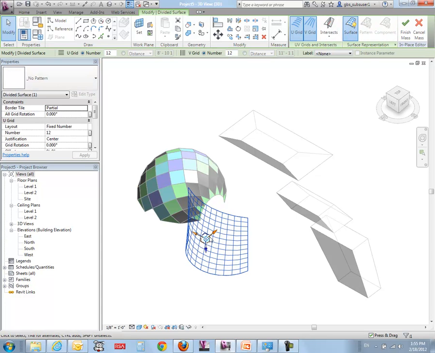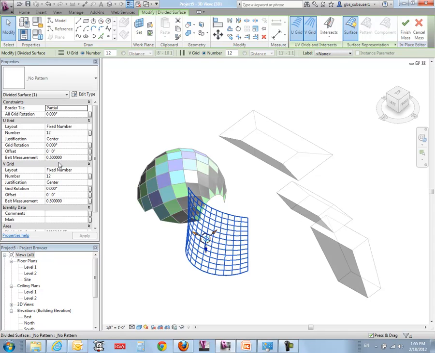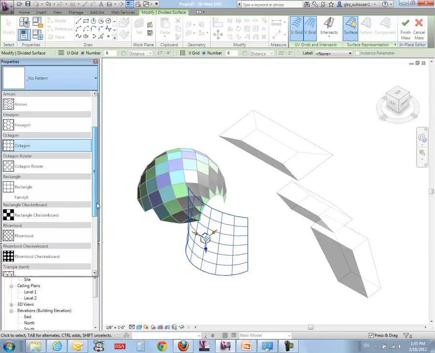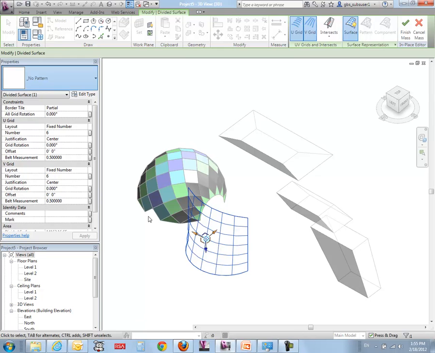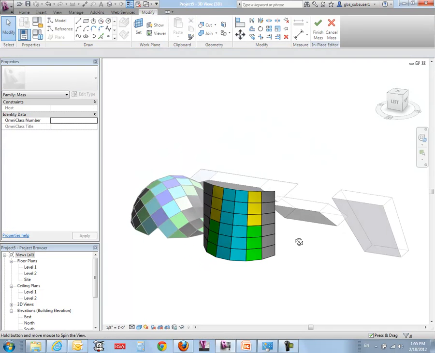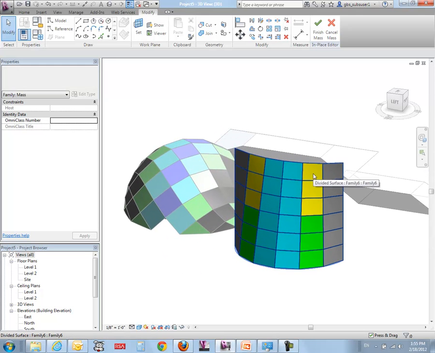I'm going to divide my surface. I'm going to make it something chunkier. I'm going to panelize it with my special panel that has all that information embedded in it. And I already have feedback on how deformed it is. So now I can see that these panels are more expensive than these panels. And I can start doing things like,